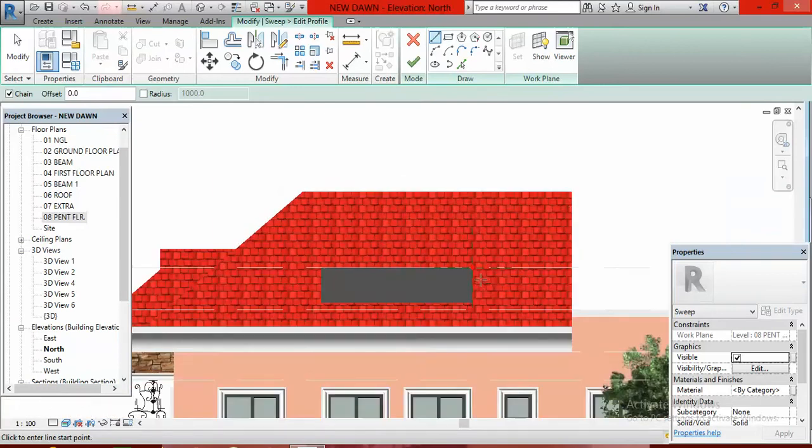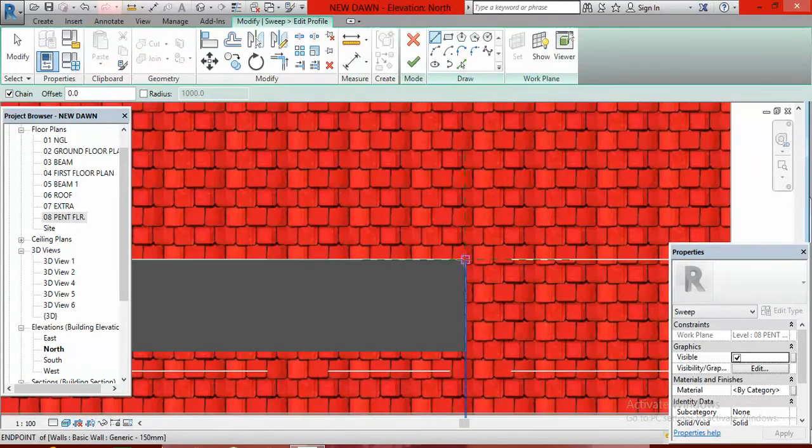Then look for this red dot here, click on it and move upwards, type 450 millimeters and press enter, and go to your right 450 millimeters and press enter, and move downwards 50 millimeters and press enter, then to your left 50 again and press enter, downwards 50 and enter and press escape once. Click here and go to your right 50 millimeters, enter,